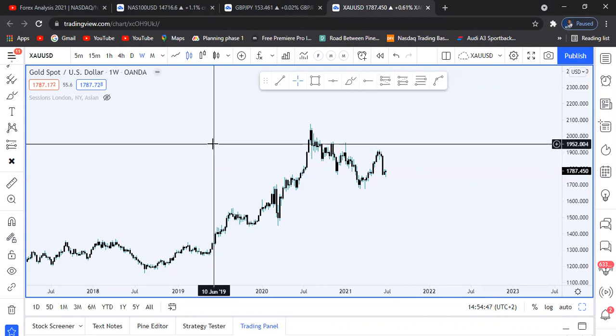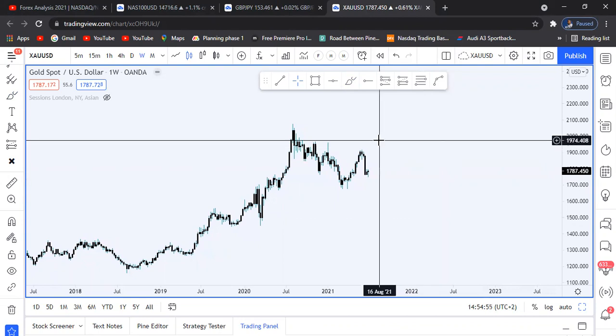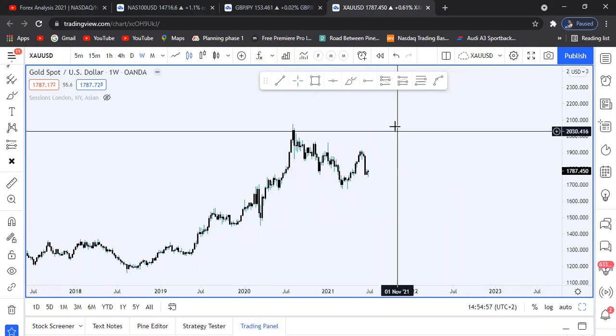So I'm just basically gonna be starting from my weekly time frame, where I start when I'm doing my market breakdown. So guys, we are looking at gold currently. This is gold. So guys, I'm just gonna do a breakdown of gold.